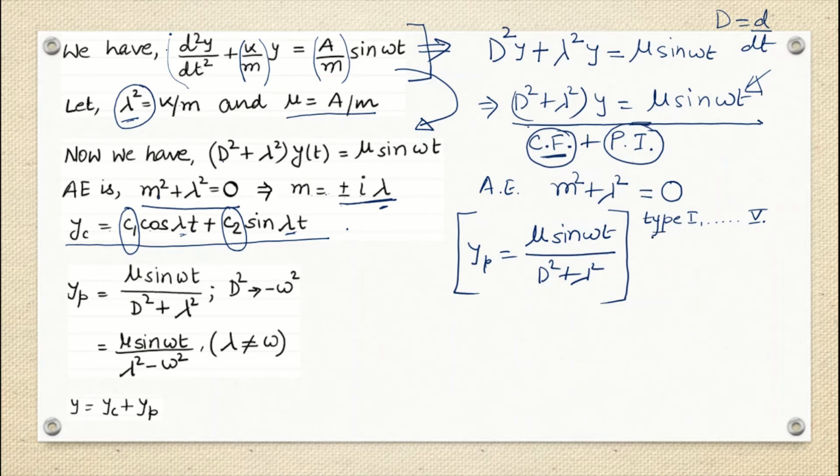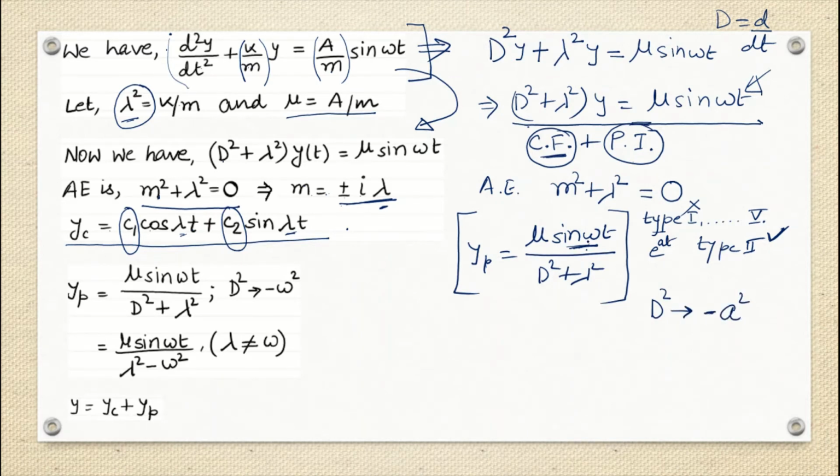If you remember, what form is type 1? This is if the numerator contains an exponential function. But here we don't see any exponential function, so this is not my type 1. So is it my type 2? If you remember, type 2 has the trigonometrical function, and yes, we have the sinusoidal function. So we can say that this is my type 2, and we can solve this YP using the type 2 method. This type 2 method says that if the trigonometrical function is in the numerator, then in the denominator we are going to replace D square with minus a square.